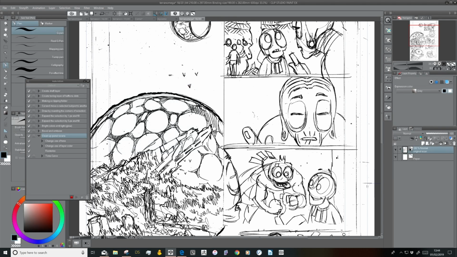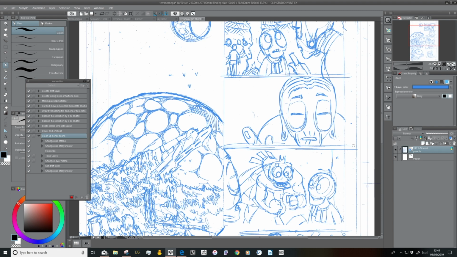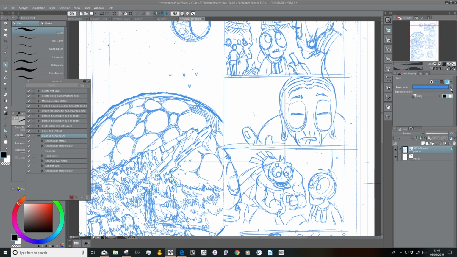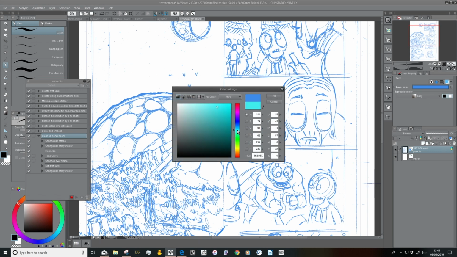So there's a couple of other steps. I also will rename it. I tend to name it pencils. I will set it as a draft layer, so Clip Studio knows this is a pencil layer, because even though I've called it pencils, it doesn't realize I intend for this to be a pencil layer. The other thing I'll do is I'll change the layer color. So the layer color by default is this kind of blue,